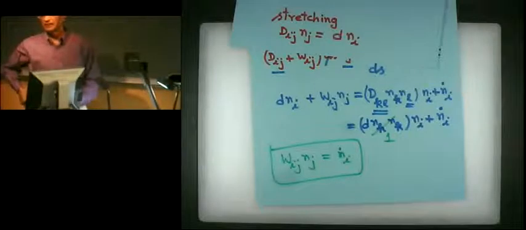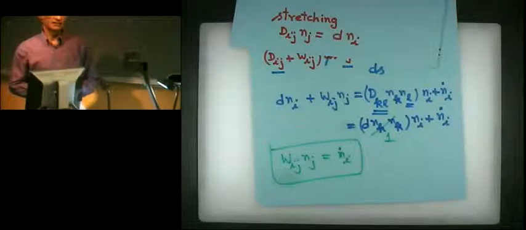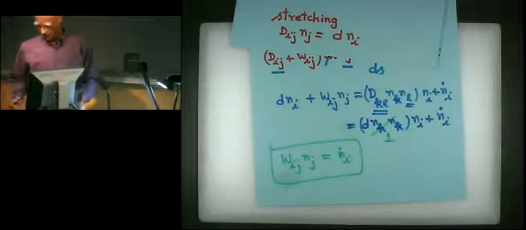So the spin tensor operating upon an eigenvector of d gives you the rate of change of that vector. Okay, the rate of change of an eigenvector of d equals the spin tensor operating upon that vector. Okay, so we are almost getting close to the end of this chapter. So we should be able to finish it, I guess, in the next couple of days. Okay, so we'll see you.